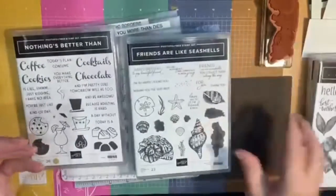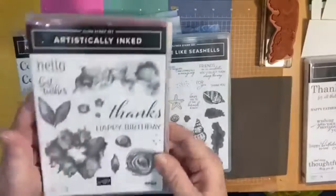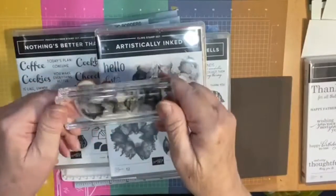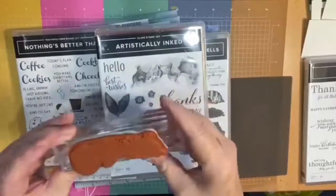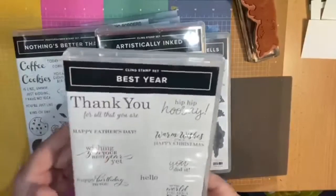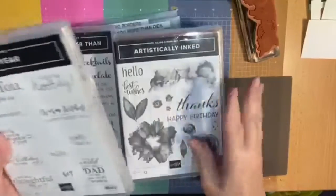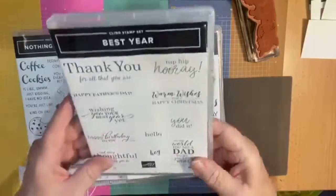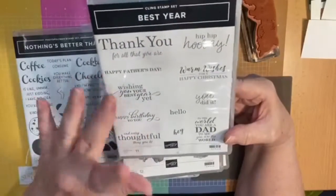I'm not using the seashells. And out of this one, I'm just using this. This is my favourite stamp out of this set. I'm just using this for my little cocktail one. And for the other cocktail one, to make it New Year's Evey, I don't know, I haven't looked